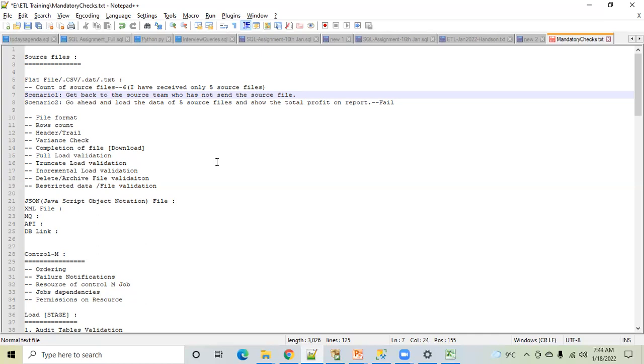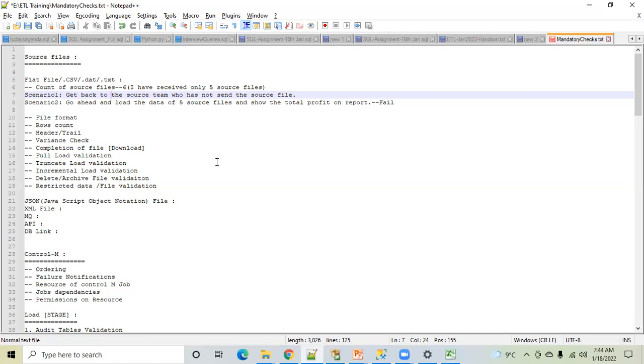Nowadays many students just go through Google and such and try to attend the interview. But interviewers will check whether you have worked on a real project or not. So they will present multiple different scenarios to you. Or if you are working in a live project, you should also listen to this carefully, because you never know which kind of scenario will come up. You should know how to handle that.